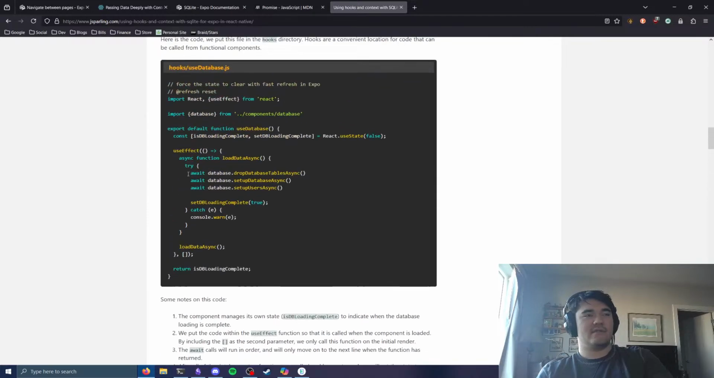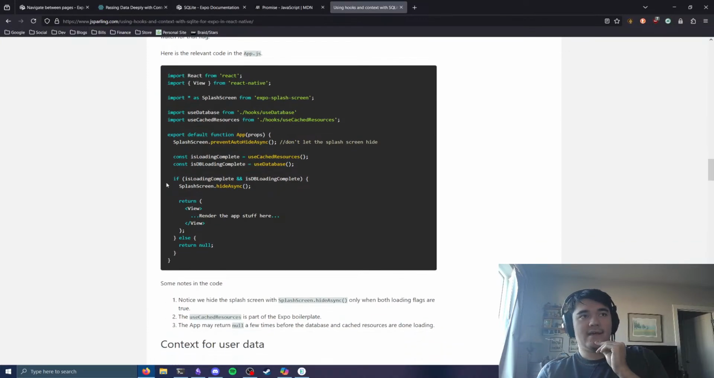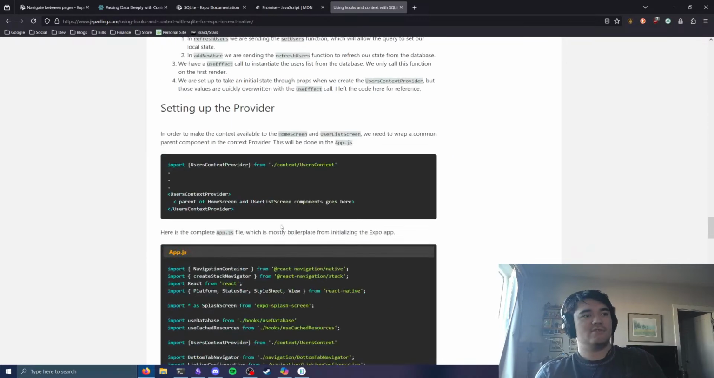Yeah, so that does all that stuff. And then in the app entry point, there's an Expo splash screen component that we can use, and we just do some of this stuff. Okay, so I don't know how to